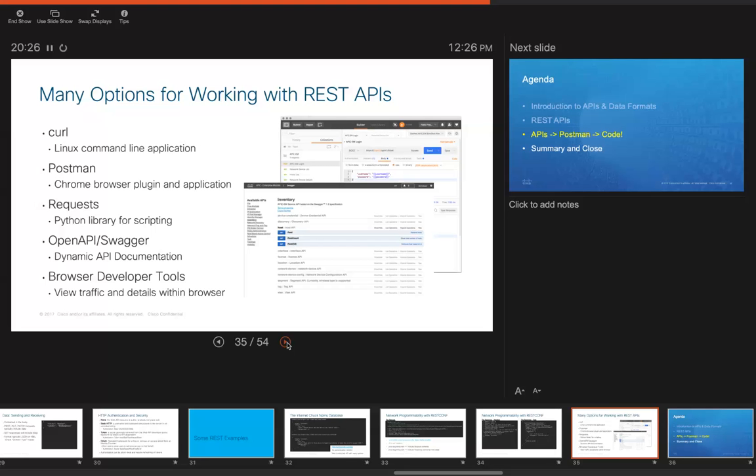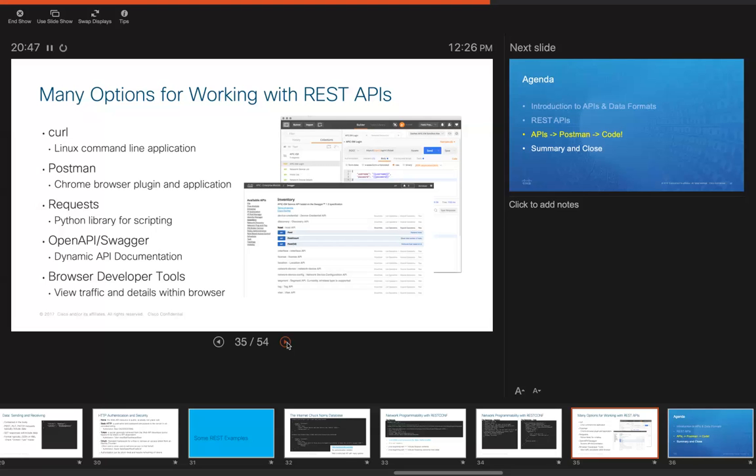Also, you want to look at some of the ways that the API documentation might be dynamic. And again, what that means is that as you call an API, you want to look at the documentation and make sure you're formatting it correctly, make sure you haven't missed any pieces around some of the authentication and some of the structure that they have built around those APIs.